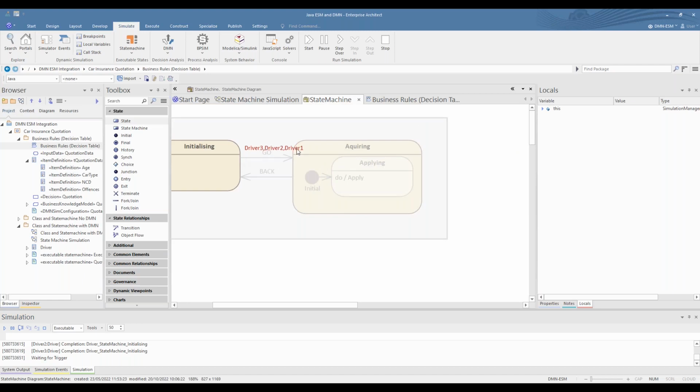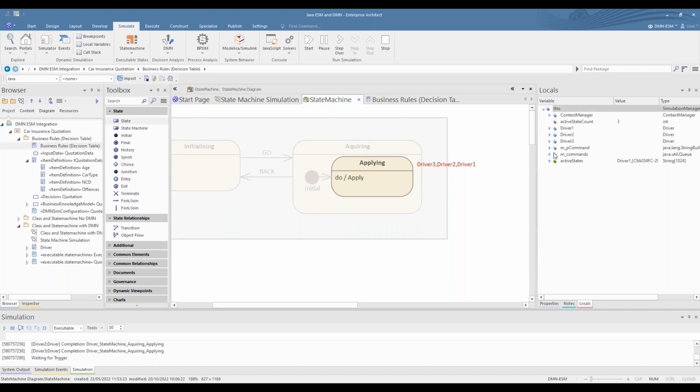So it's recognized there are 3 instances. To run them in parallel, I broadcast go.